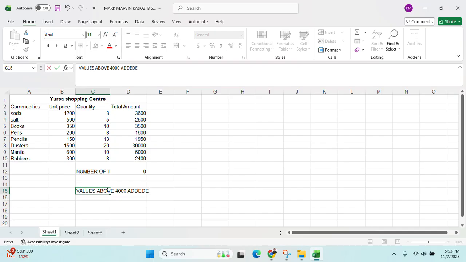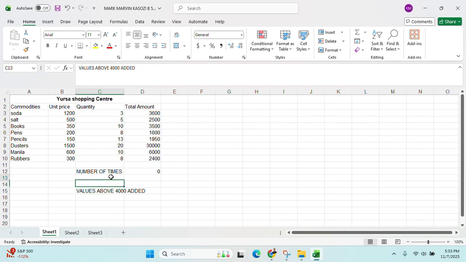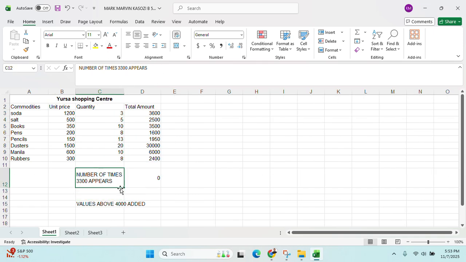For creativity, you can decide to put labels. I can click at this, and then click at wrap. Even this, I can click at wrap. Values above 4,000 added. Number of times